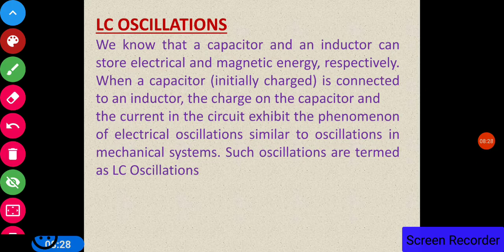So what is the meaning? When a charged capacitor is connected with the inductor, what happens? The charge on the capacitor gets a passage to flow. So the charge from the capacitor starts flowing to the inductor, and the electrical energy starts converting into magnetic energy, and again from the inductor the magnetic energy converts into electrical energy, and the electrical oscillation starts,